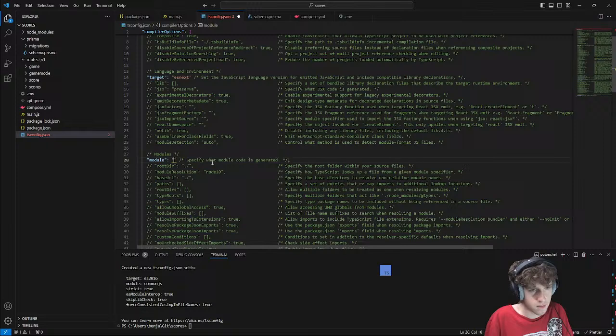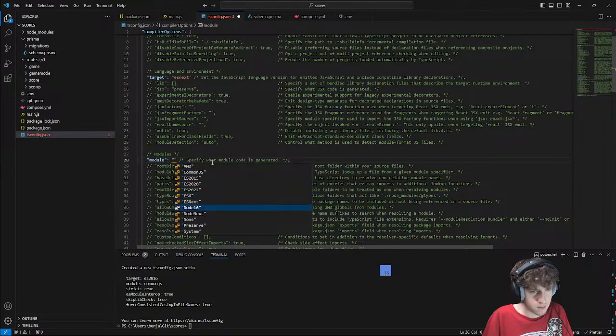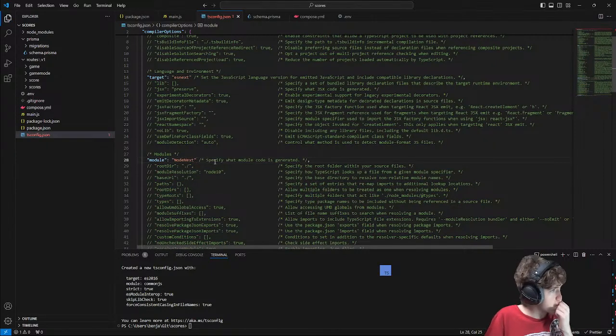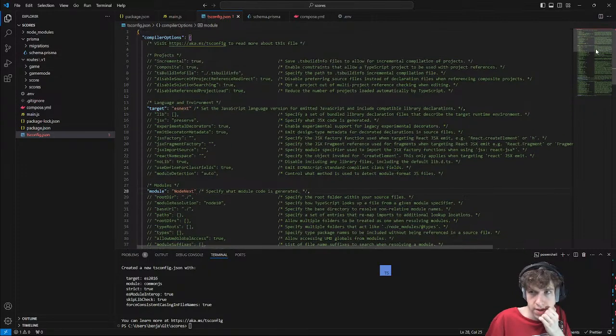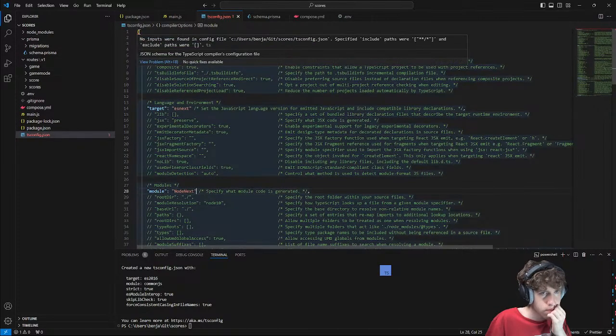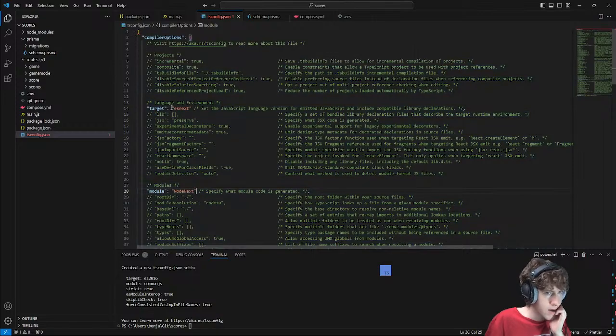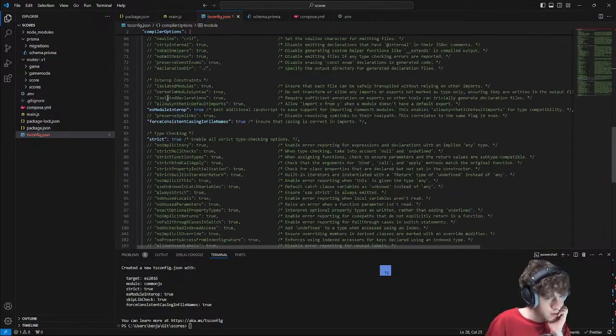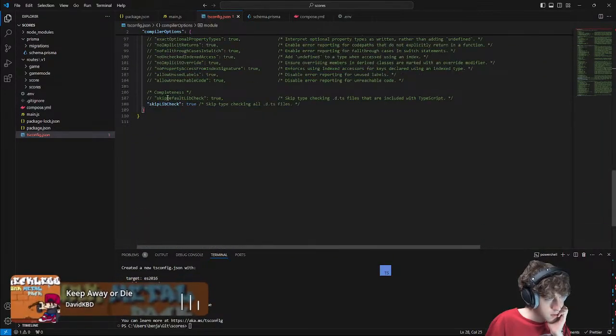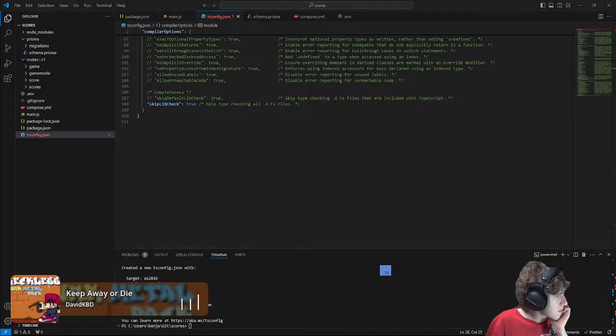Module, Node next. What's the error? Oh, I need inputs. Do I need to do inputs?